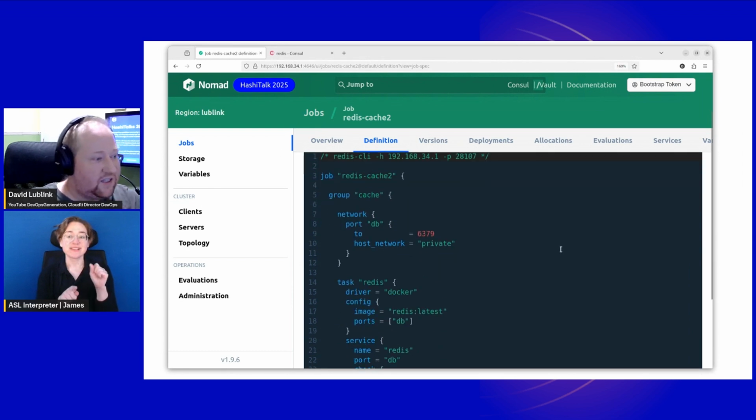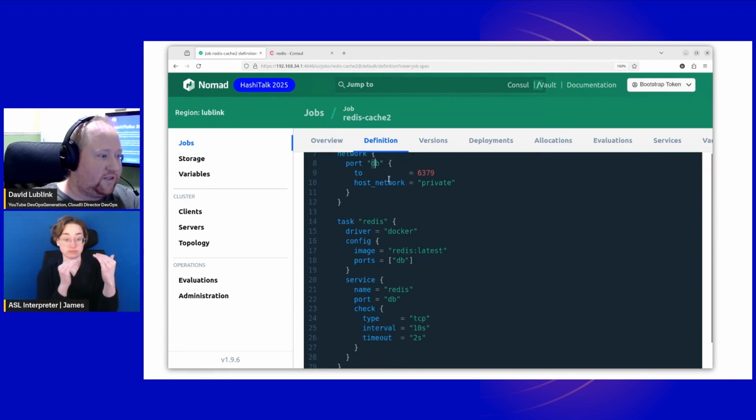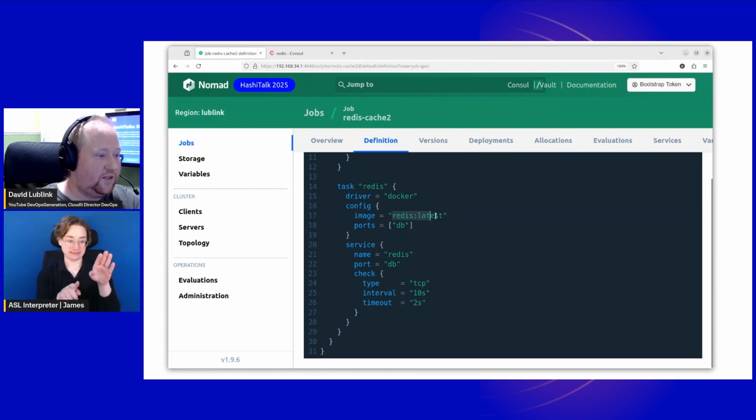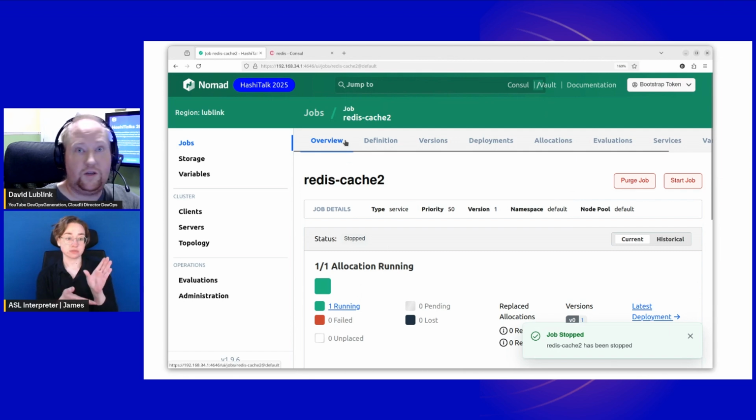So we're saying that I have this job. We're calling this Redis cache 2. We're saying port 6379. We're going to be calling this DB. We have our Redis image, and we are going to be opening up port to DB and announcing this to Consul. Now I'm just going to stop this job so that you can see